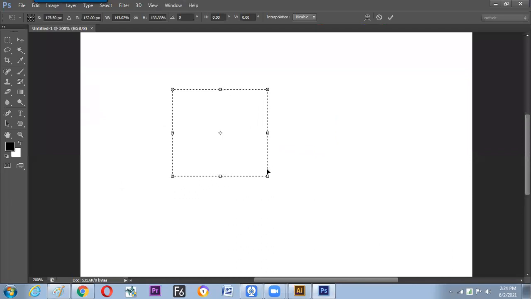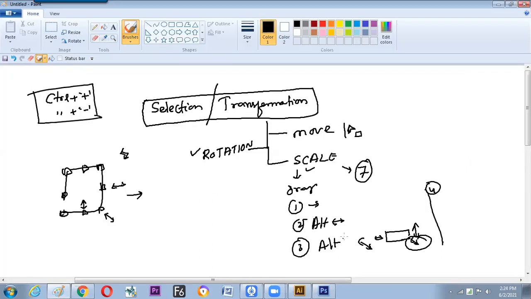Hold the Control button and drag the corner. What have we seen now? Yes, 3D perspective, one point scaling. What is the button? Alt and Control and drag. Okay. Ctrl and drag from where? Not from the edge, from the corner, drag. Then what happens? One point scaling. The corner needs to be used to scale.